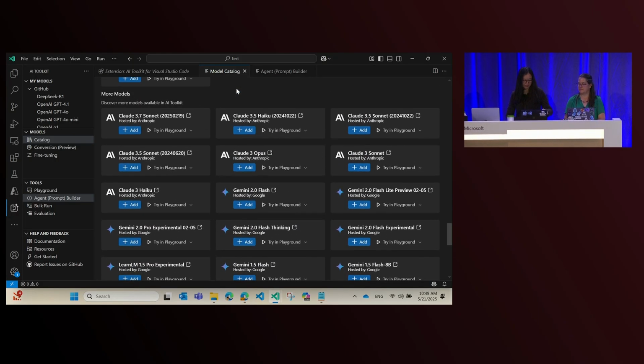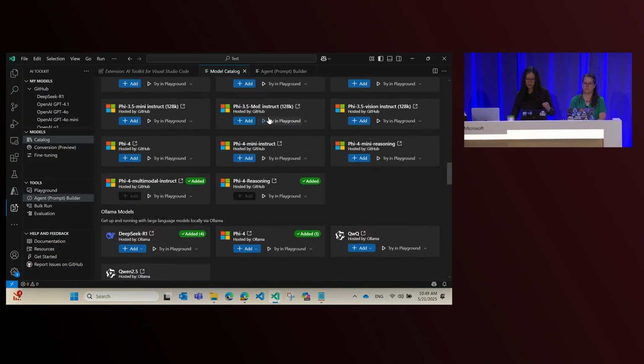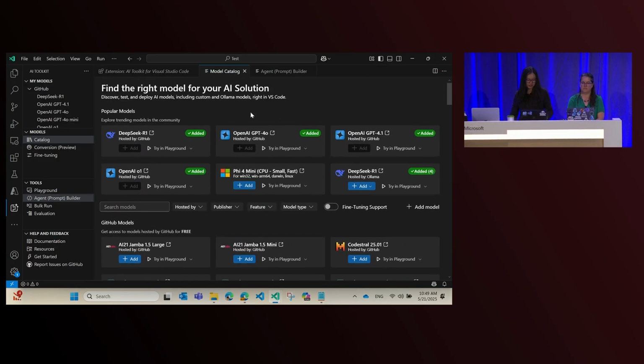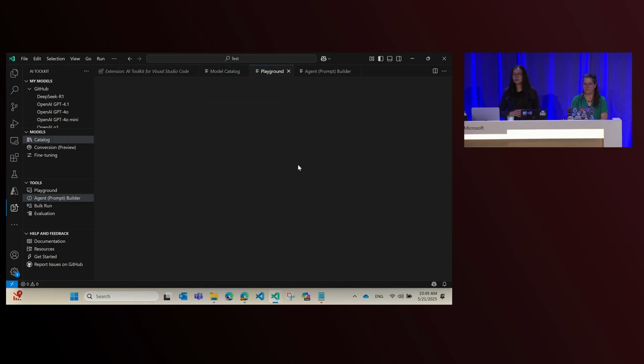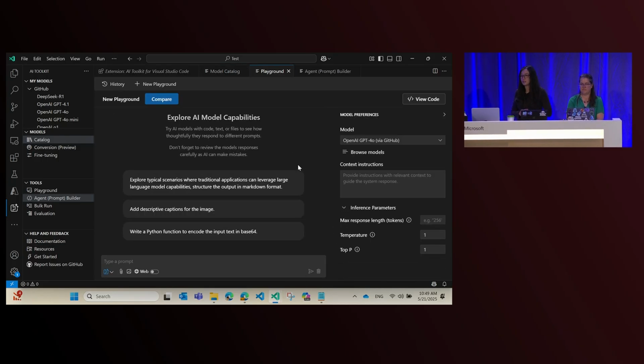And last but not least, if you have an API key from a third-party model provider, OpenAI, Anthropic, or Google, you can bring that into VS Code as well. So if you add these models, it will ask you for an API key. But once you set that once, you can always access them all from within VS Code. So with that, I'm going to go the easiest route, which is to use a model hosted on GitHub. And really, it's just a single click to get into a pretty rich model playground that we have built.